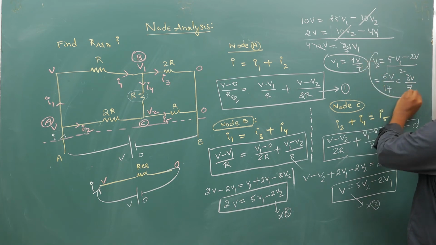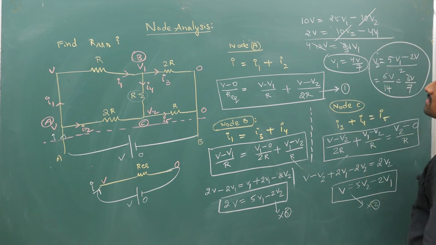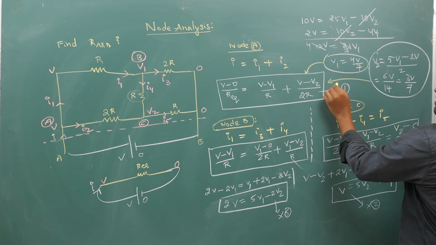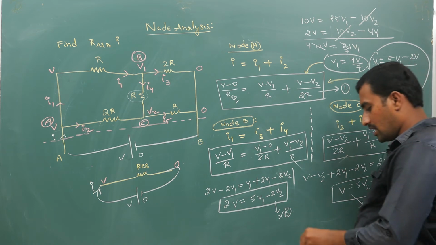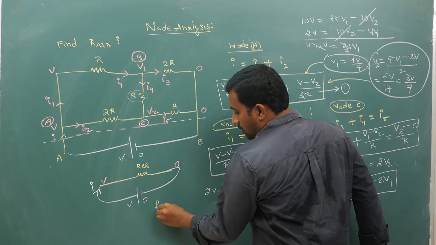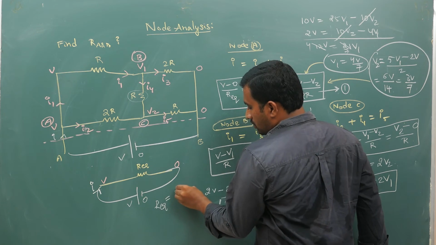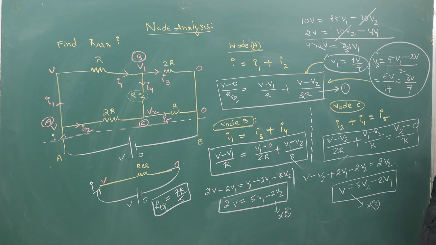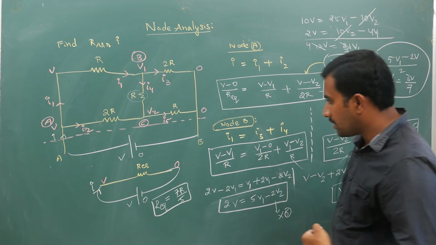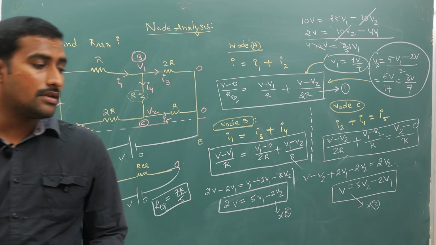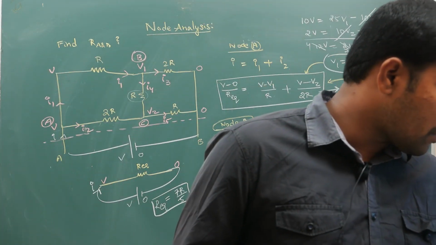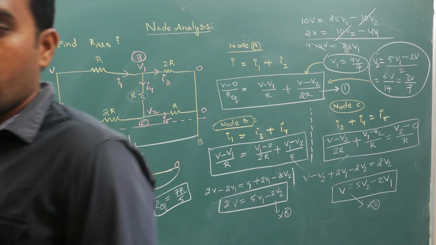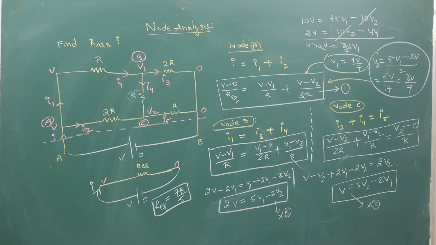So you have got V1, you have got V2. Substitute this V1 and V2 into this equation. Then, if you are doing everything correctly, you are going to get R equivalent is equal to 7R by 5, I suppose. I need space. If you want to copy it, you can pause the video clip and then copy it. Once you have copied it, we are going to continue further.